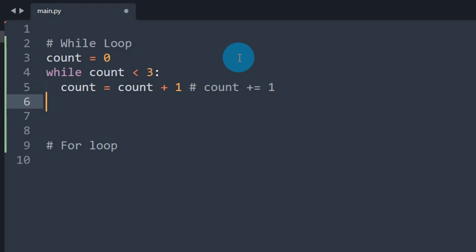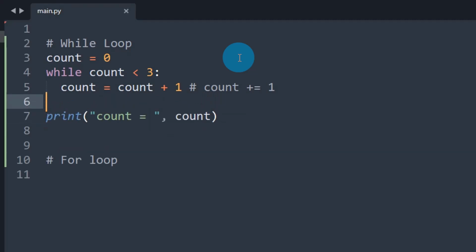Now, as explained in the PPT, this while loop will execute 3 times. Count 0 less than 3, yes, it will execute count equals count plus 1. Then count will become 1, 1 less than 3, yes, it will execute again. Count will become 2, 2 less than 3, yes, it will execute. And next count will become 3, and 3 less than 3 is not satisfied, so it will come out of the loop. After that you can print the count value. So what will be the count value? Let me remove this, otherwise it may confuse you. Okay, this is the code.